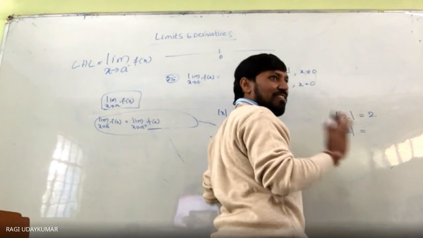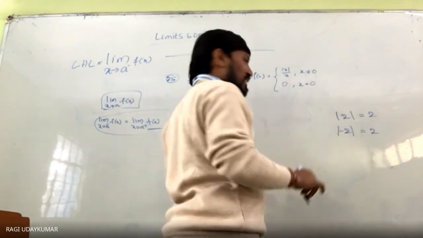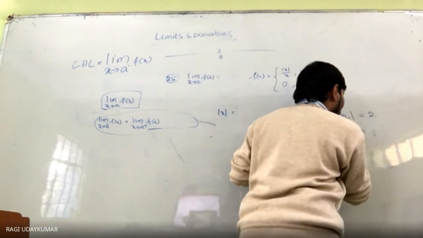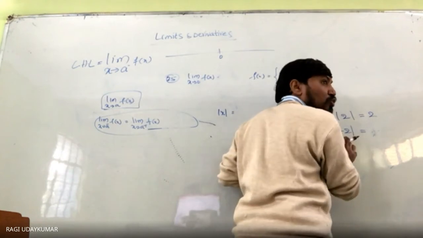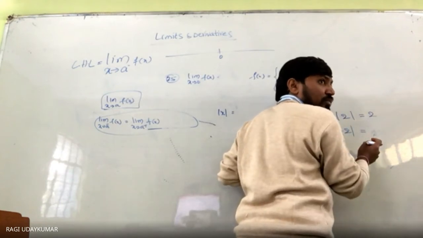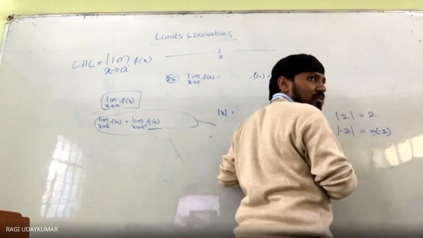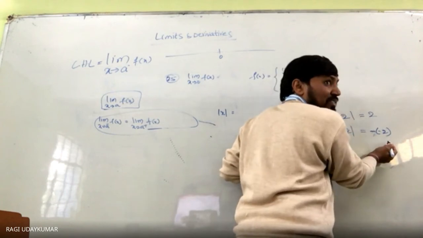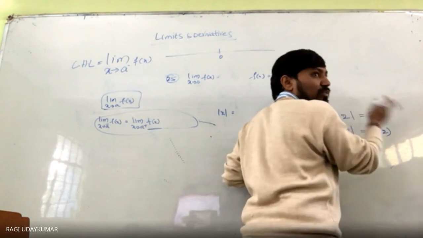Positive ion, always positive ion. Okay? So because there is a value, to make the inside number positive, what are we doing to it? We are multiplying it by minus 1. If this is a negative number, we have to multiply by minus. If this is a positive number, we take it as it is.